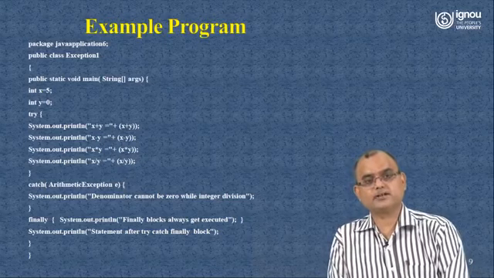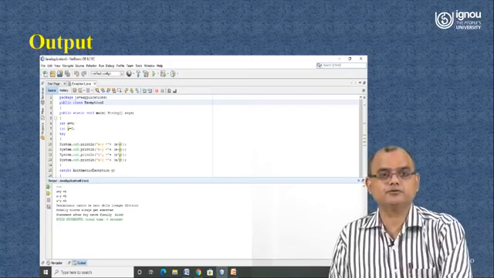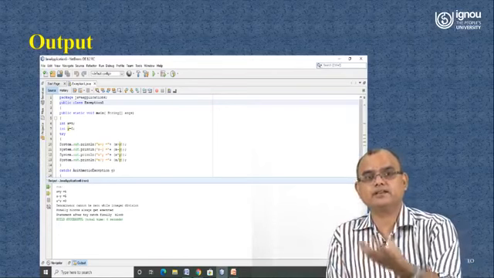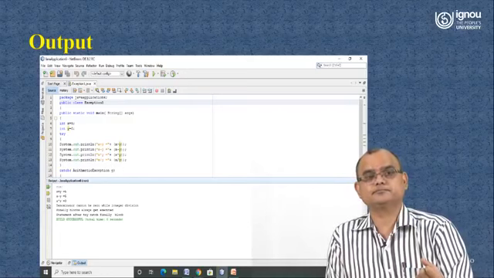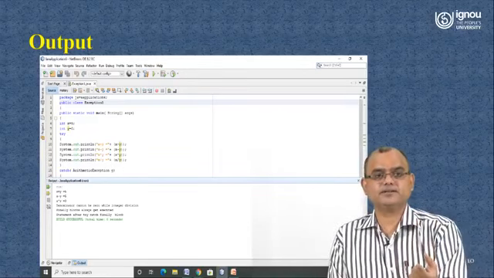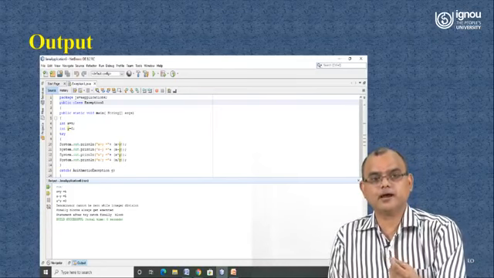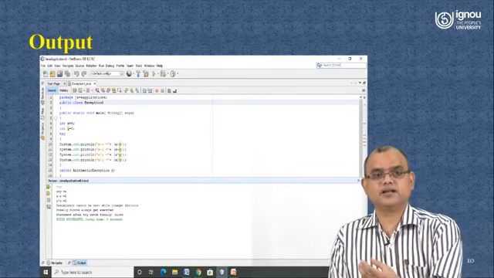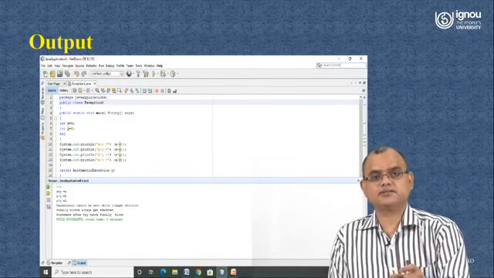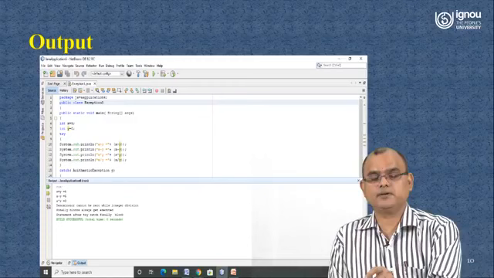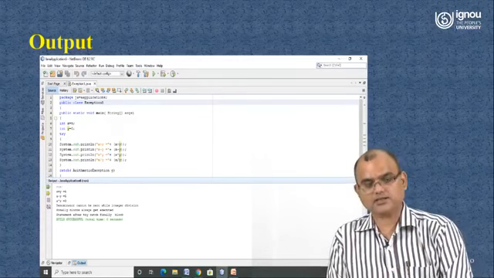If you run this code, you will see a very nice result. It will show you how gracefully, even in that abnormal situation, you come out of the whole sequence of execution. The whole set of activities has been executed, and at the place where you attempt to divide by 0, the exception has occurred, so it comes to the catch block, and whatever code is written in the catch block is executed. After completion of the catch block, the finally block is executed.